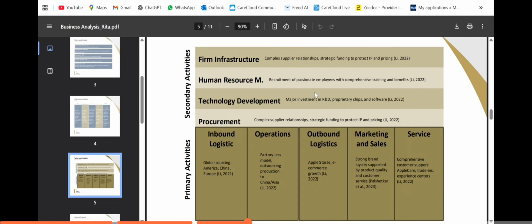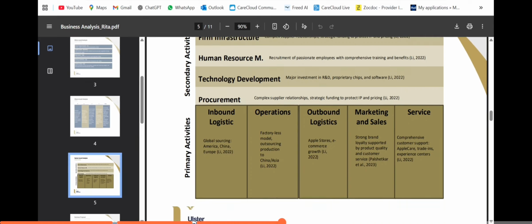For human resources, Apple is always looking out for the best talent out there, and they're constantly putting them through training and benefits. Technology development, Apple has a lot of investment when it comes to R&D, and that helps them a lot with proprietary chips and software ownership. Then